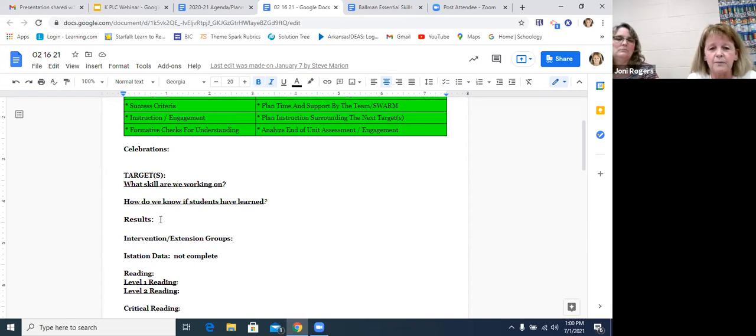And it could be math, it could be literacy. And this will also be where we put, if sometimes we come up with an assessment and it just didn't work as well as we thought it would, we'll make sure we make note of that. We're not going to use that assessment again. Yeah.